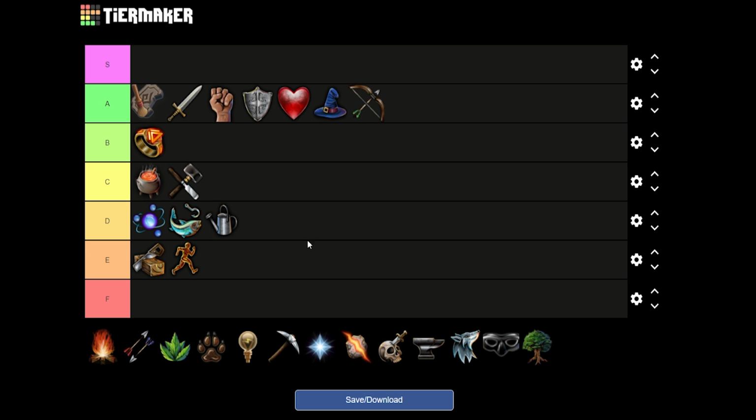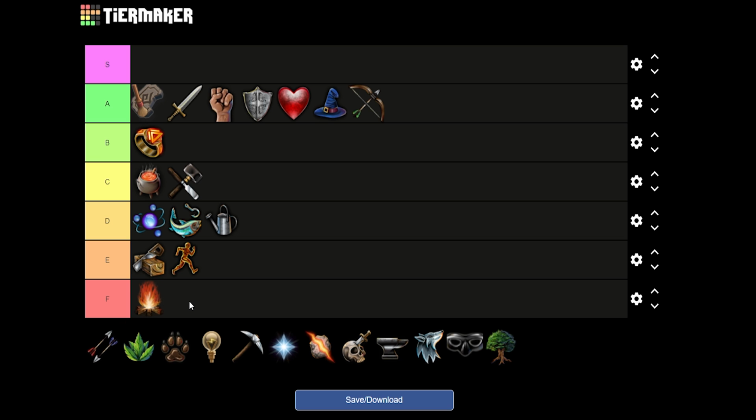I think here is fair. Fire making, literally the only good thing in fire making is incense sticks. And are incense sticks really good enough to give it higher than an F rank? In my opinion, no. I do use incense sticks sometimes, but they're not good enough to make the skill actually